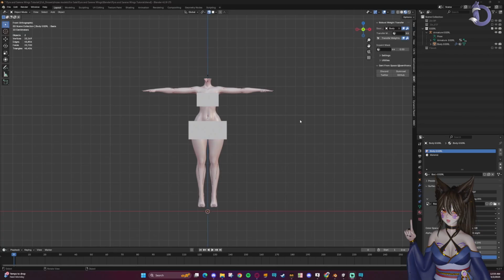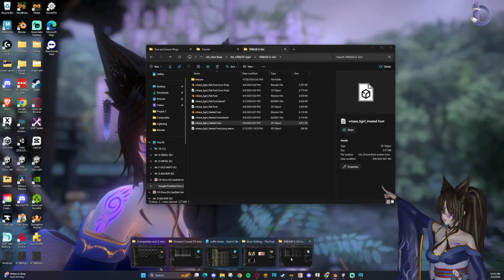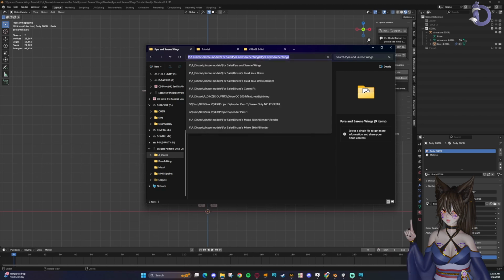Let's start with the Blender portion of this tutorial. Once again, you're going to need the Cat's plugin, as well as obviously my asset. So let's pull that up right here. This is what you're going to get. You're going to get a bunch of the wings, as well as a few animations. We will get to the animations on the Unity portion of the video, but for now, we're going to copy